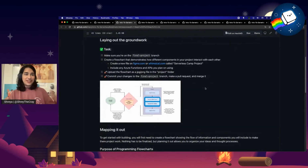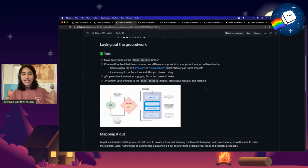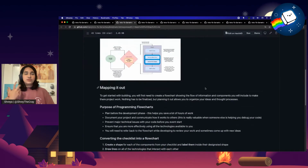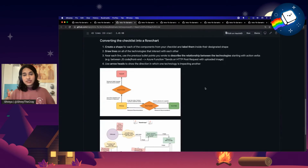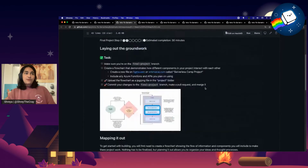Super colorful, be creative, go all out on this for the students. And if you're a mentor, then again, this is a great place for you to give them your advice and your expertise. Look at how the students are trying to make sense of the technologies. At the end of the day, they've only worked on these for the first 4 weeks, like a month up until now. So they might not have a completely perfect idea of how these different technologies work well together. So it's a great place for you to tell them, hey, you wrote this in your flowchart, but that's not exactly how this works. Let's take a moment to understand what's going on behind the scenes